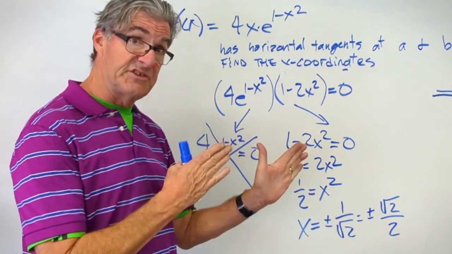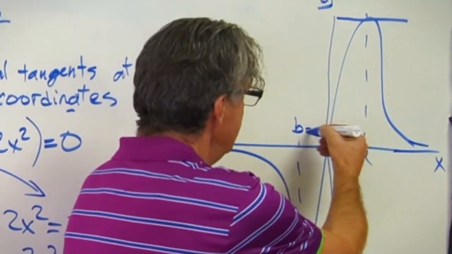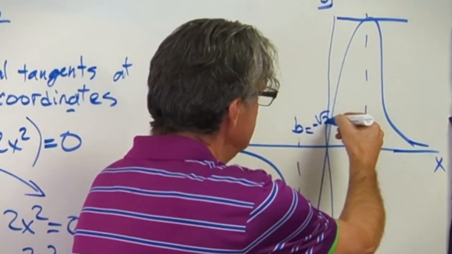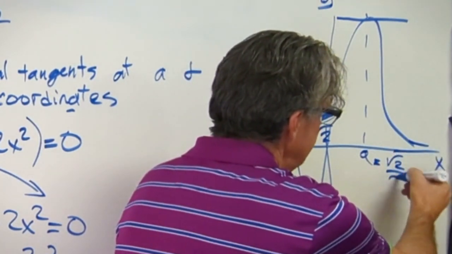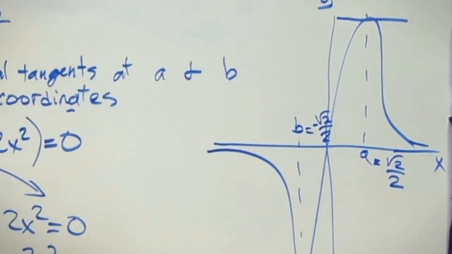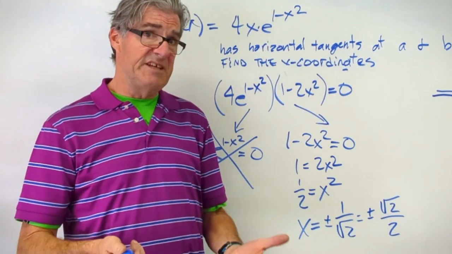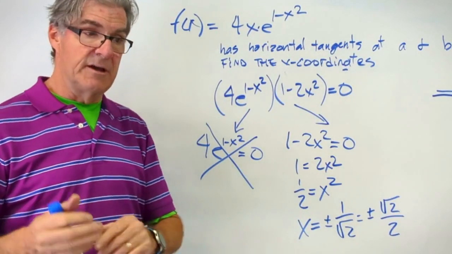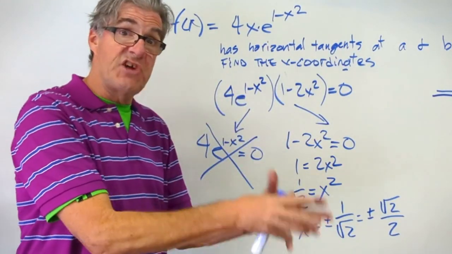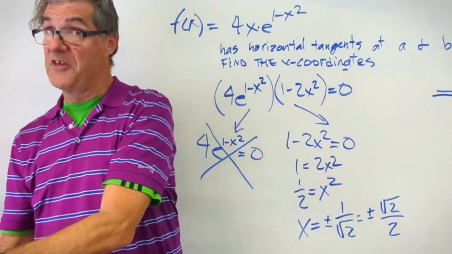Now let's take a look at the sketch of the graph. So over here, this one is the minus root 2 over 2, and this one is the root 2 over 2. So this all kind of lines up, and this is one of those places where the IB makes problems challenging because they'll use one chapter's understanding to set up work from another chapter,